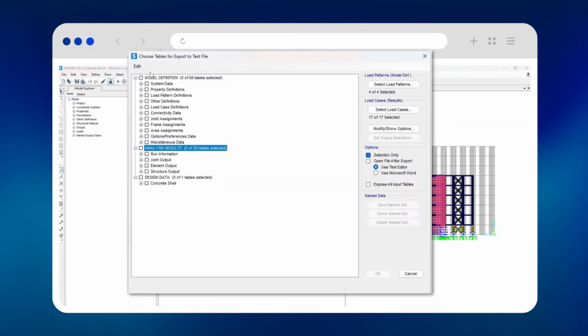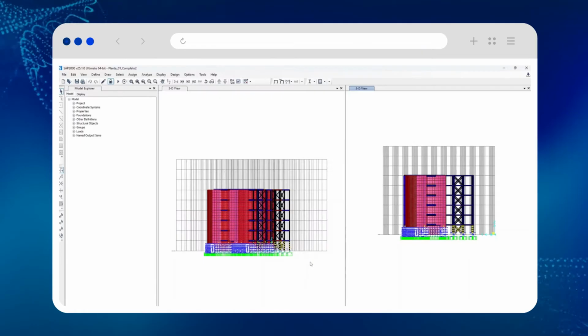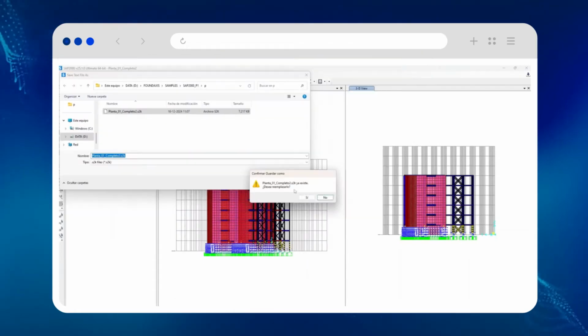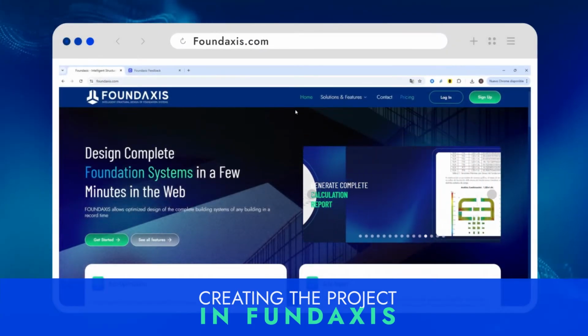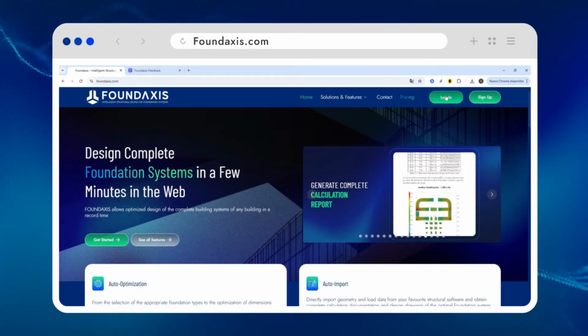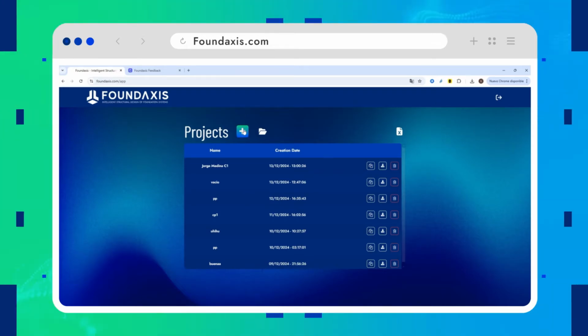We select all the model definition tables, and in Joint Output, we select all the reaction tables. If you want to export fewer loads, they can be deselected. Click OK. Save file. Creating the project in Fundaxis. We open the browser and access the Fundaxis website. We enter our project space and create a new project,